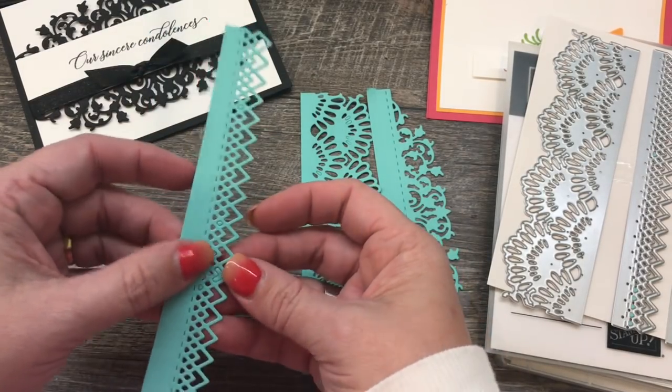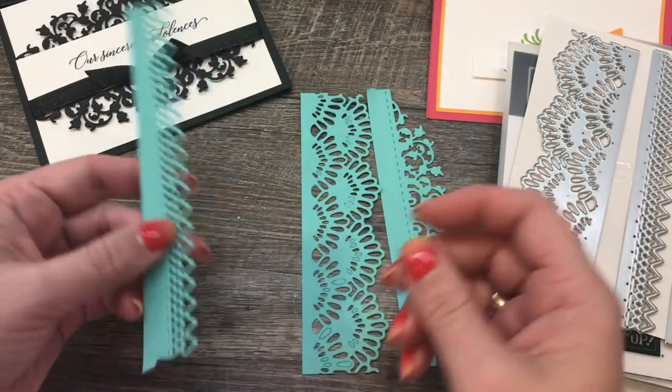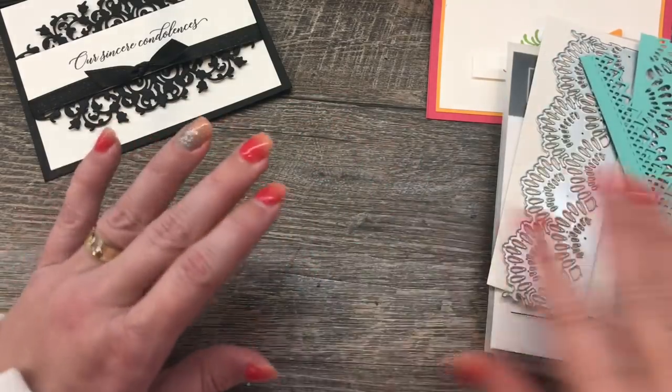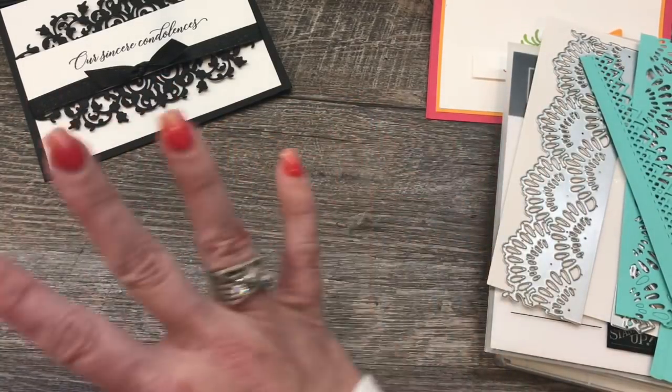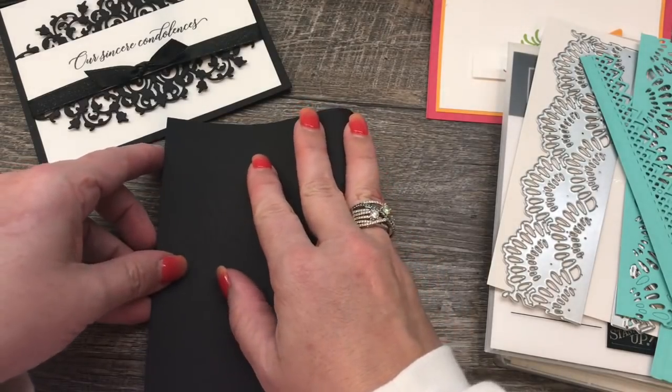And what I really love about this is that the pieces just literally fall out like confetti. I didn't even use my die brush on either of these 2 pieces, so I love that. I was really kind of worried about it because it is so intricate, but man, it is totally surpassing my expectations. All right, I'm going to start with a black card base, and of course I've got a white layer for the inside,